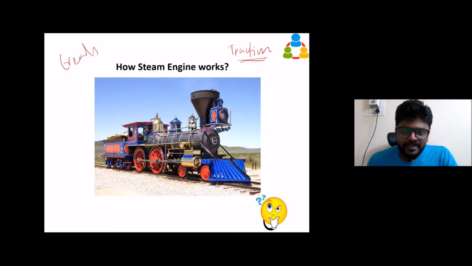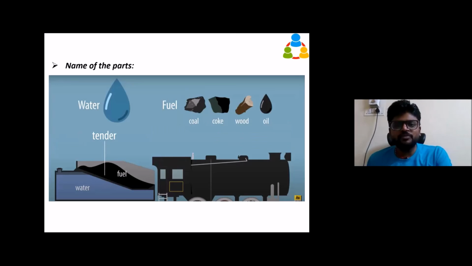But here you can see this is also an iron wheel, and this is also an iron track. So in order to avoid slippage, they are using this sand box, the sand dome, and it will supply through this tray, sprinkling the sand in front of this wheel. The sand acts as a friction element, giving traction between the wheel and the track, so that it won't slip. Slipping means it stays in the same place, it won't move forward. You are converting heat to mechanical energy, but the mechanical energy is not used effectively. It will only be rotating on the same track without displacing at all. If you displace, only then you can move from one station to another station. So in order to give the traction, they're using this sand dome.